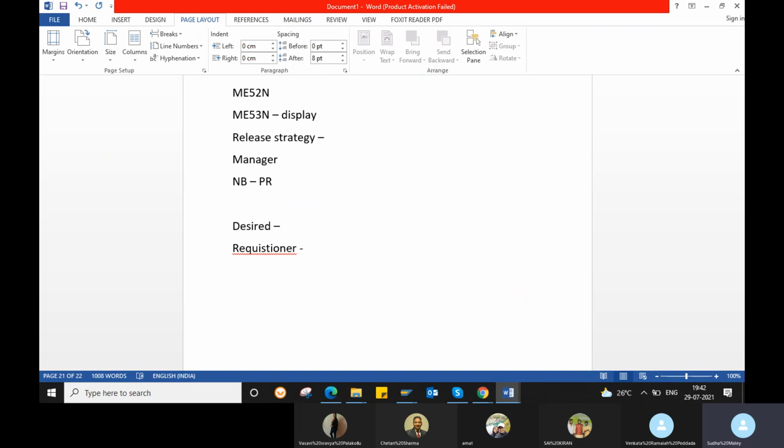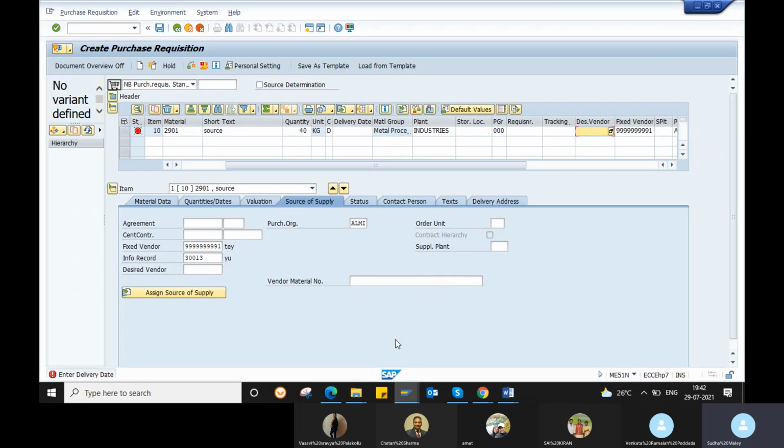So this requisitioner will know some of the vendors who are good in the market, who are good in supplying goods. If they maintain their desired vendor, for example 1000, because the requisitioner says this vendor is good in the market, then we call them the desired vendor.